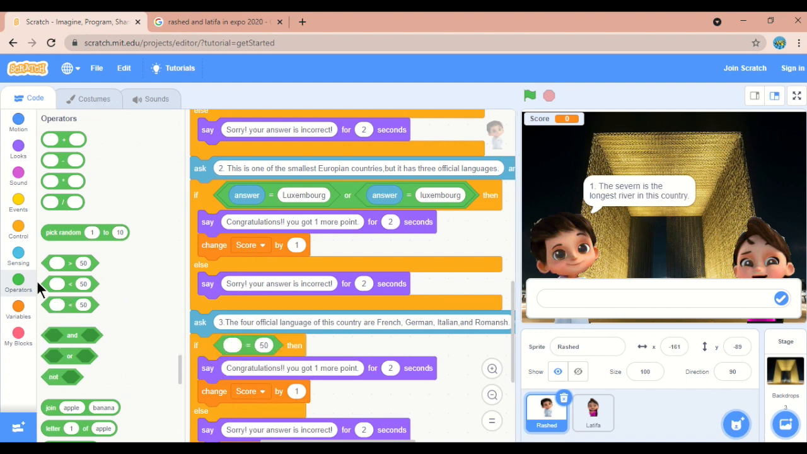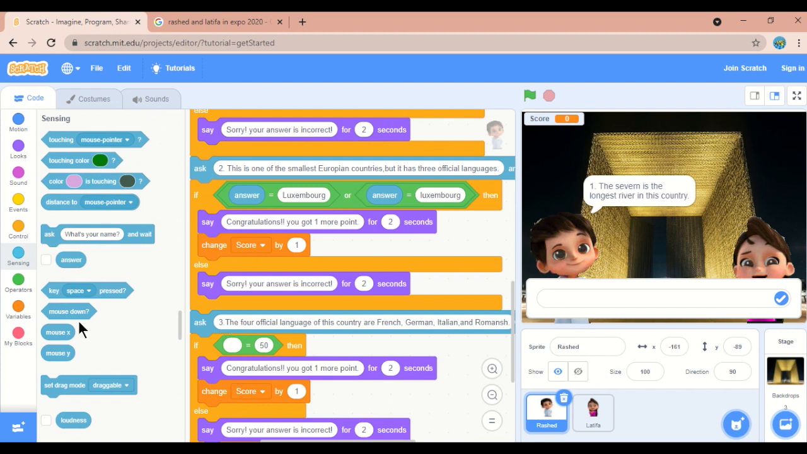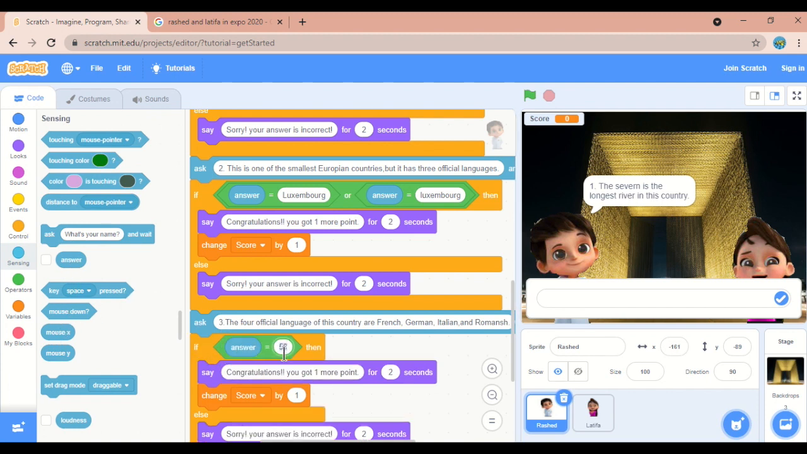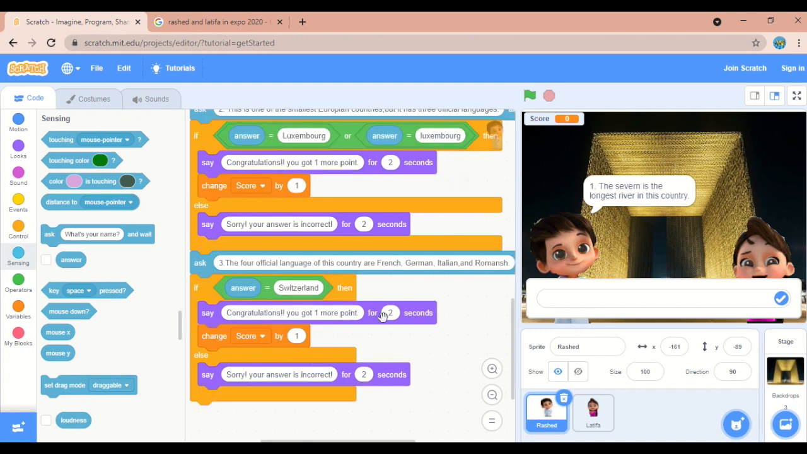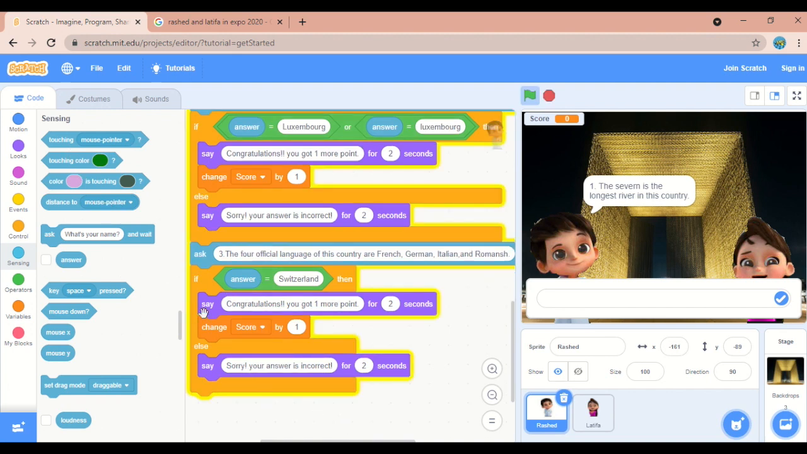Then if answer is equal to Switzerland, then you have got 1 more point. Okay, so this is how you can add more and more questions. After asking all these, Rashid will say,